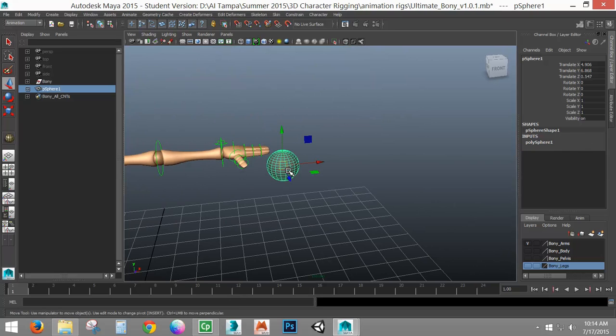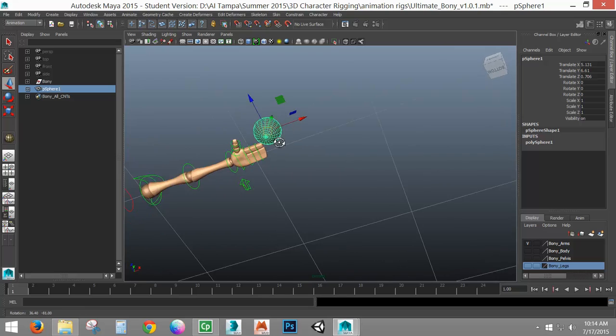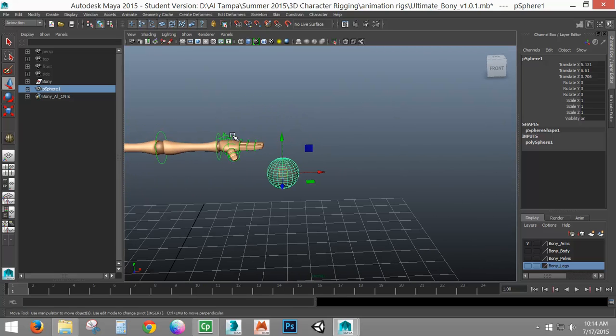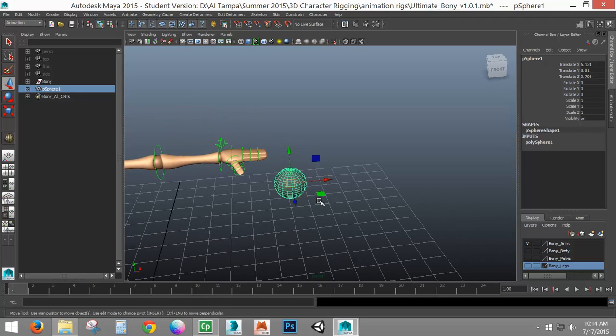Okay, so you have your object. Whatever you want your character to be holding, you have to have it. So for the point constraint to work, you are looking basically at creating targets, the places where this object is going to be and what's actually going to control it. Because the idea with this constraint is you are actually never going to animate this object. You are going to be using it for just basically a dummy, and the targets, like the hand for example, are what you're going to animate with, because it will be holding it. So you have an object, but you have to create the targets.